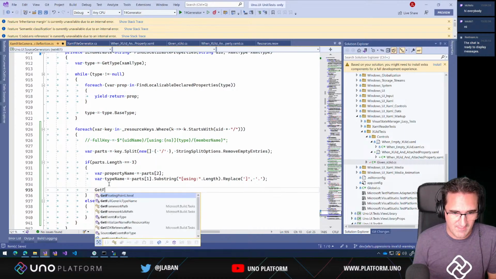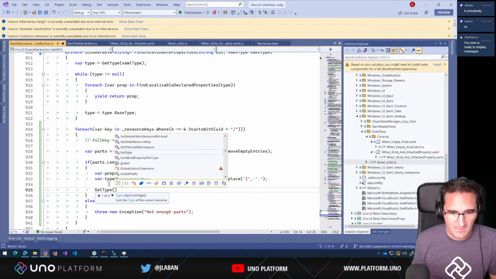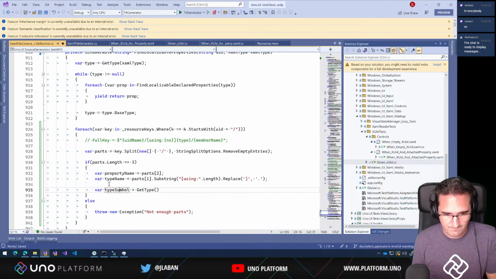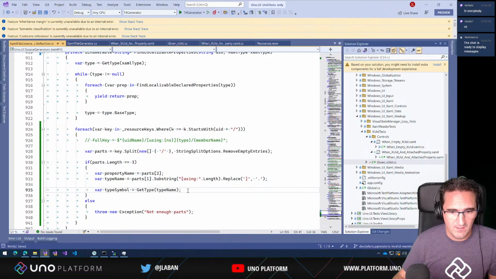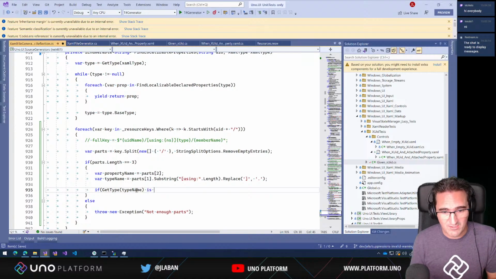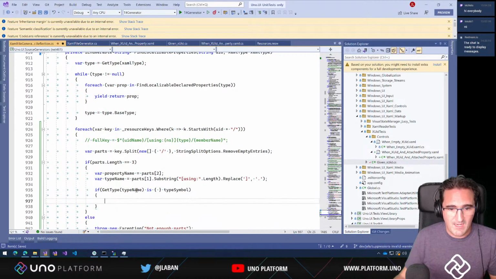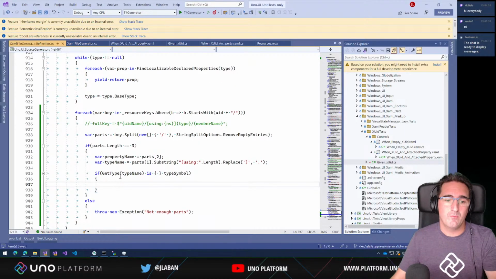So let's say we do get type, and then we can have the get type that returns an actual type symbol. There we are. So we get the type name, then we get the type symbol out of it. So it has to be valid, actually. Now we do have this type symbol. We can get to the property of that type